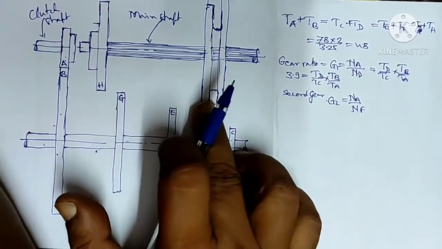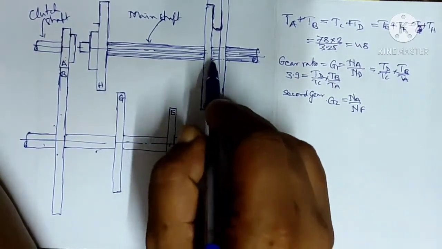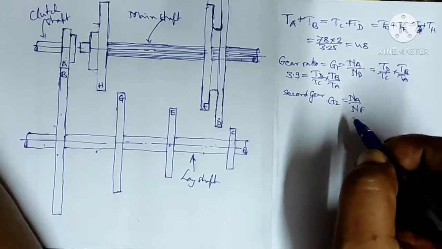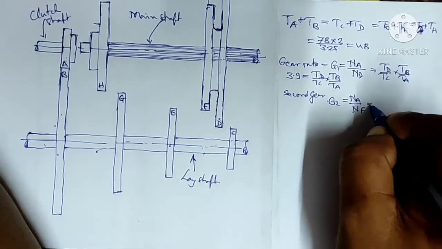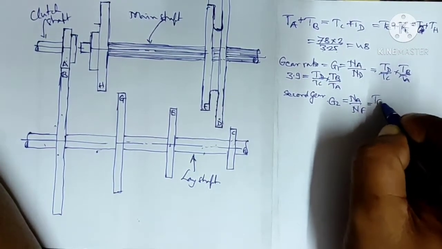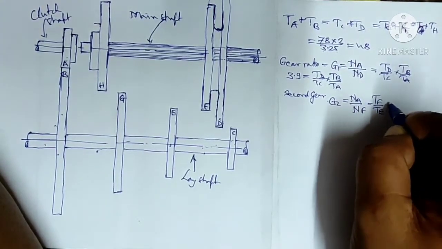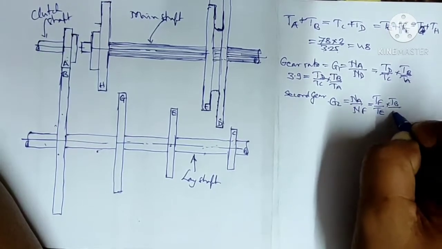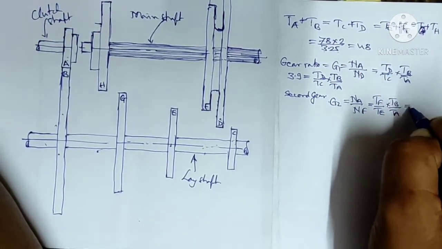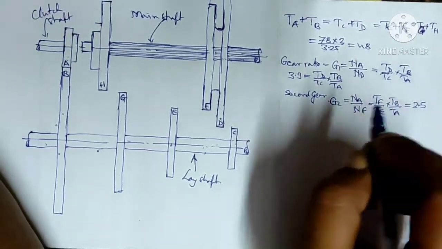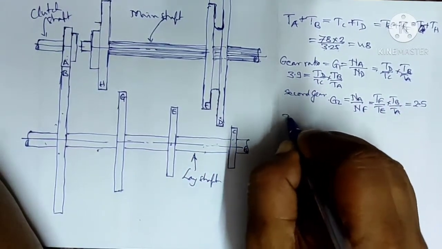This E will be engaged with F, and from F it will move to the main shaft. So it is NA upon NF, and this we can write as TF upon TE into TB upon TA, which is given as 2.5. Now for the third gear,